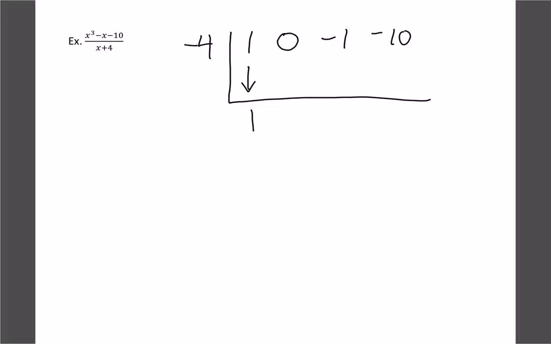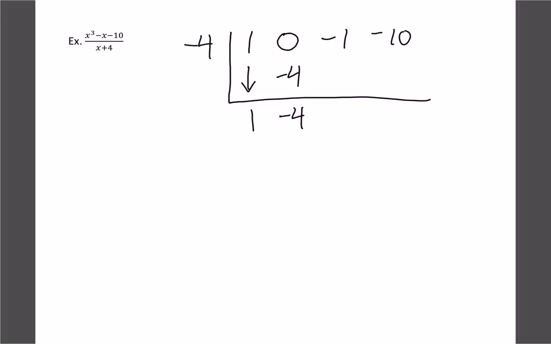Okay, let's try one more synthetic. So here we've got plus 4 on the bottom, so the 0 would be negative 4. And then on the top we put in all our coefficients, so we've got 1x cubed. We have 0x squared, so let's put that 0 in to hold that spot. Then we've got negative 1x and negative 10. So same process, bring down the 1, multiply. So negative 4 times 1 is negative 4. Add the 2,